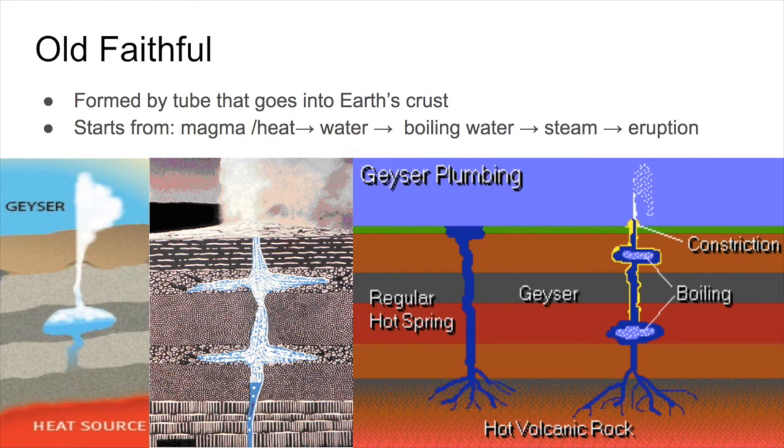The geysers are formed from a hollow tube that runs from the Earth's surface down to the Earth's crust. At the bottom of the tube, closest to the Earth's crust, there's magma, and on top of the magma, there's water. The water flows in through a naturally formed plumbing system formed by fractures in the rock. Then, the water closest to the magma gets super hot and boils, creating steam, and with the increase of heat,